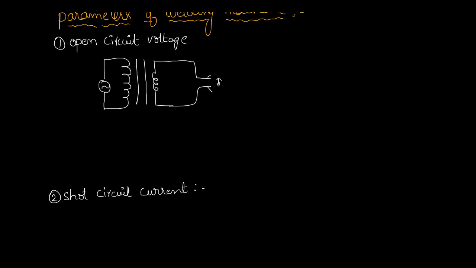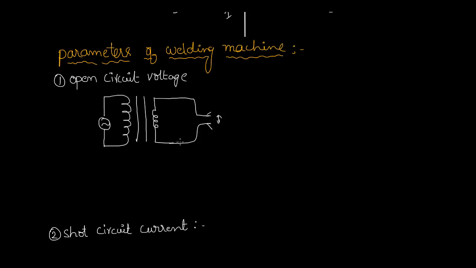Okay, now come to this part. Open circuit voltage is nothing but the maximum rated voltage which can be measured across the two open terminals under no loading conditions. That means the short circuit current here will be zero. It is denoted by VO, open circuit voltage. It generally varies between 60 to 80 volts for a welding machine. Okay, and here the short circuit current is zero. That means we are measuring the voltage under no loading conditions. That means there is no load on the transformer, so current will be zero. There is no doubt in that.